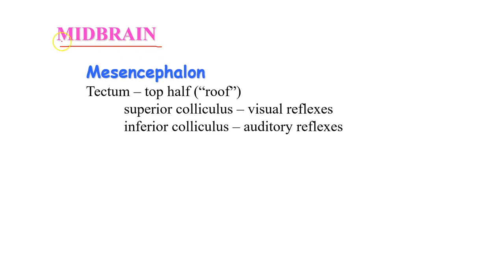division at the 3-division stage. That's the midbrain, or the mesencephalon. The mesencephalon, if you remember, contains the tectum and the tegmentum. The tectum literally means roof. It's the top